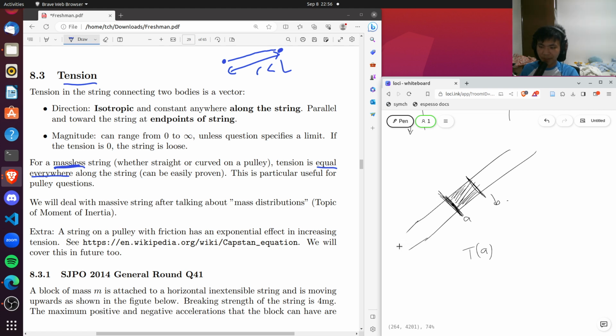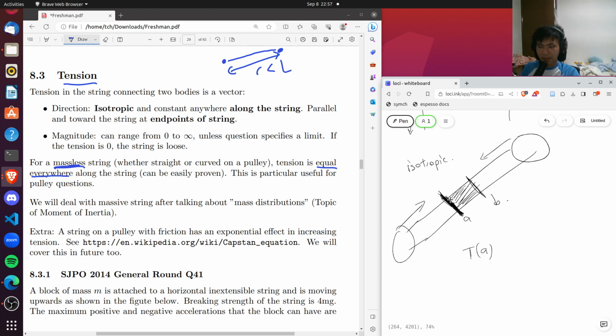At the end points of the string, if it's attached to an object, then the tension would be towards the string. But in the middle over here, when you say the tension at location A is T at A, T being a function, what you mean by saying that the tension is isotropic